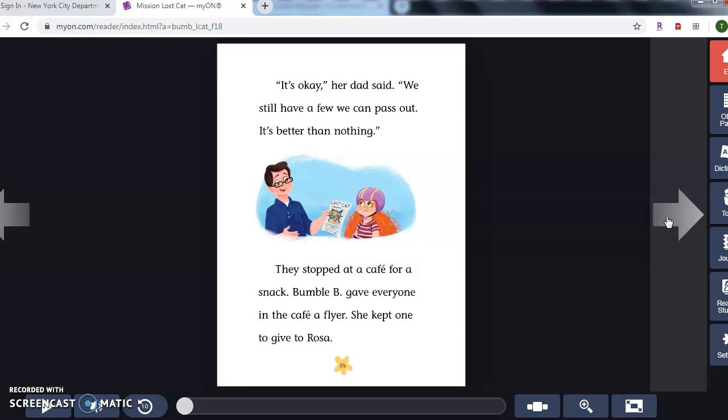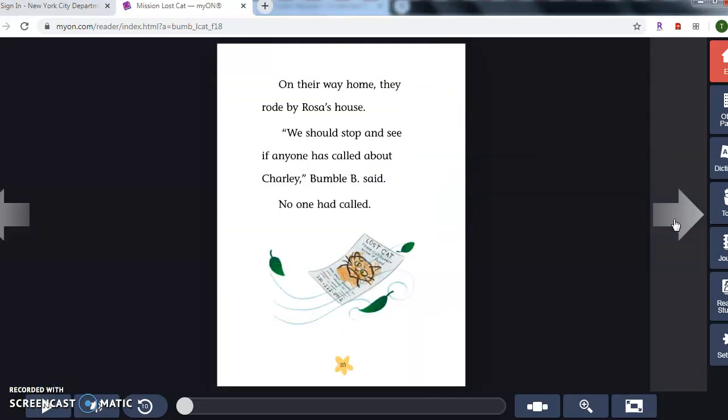Bumblebee gave everyone in the cafe a flyer. She kept one to give to Rosa. On their way home, they rode by Rosa's house. "We should stop and see if anyone has called about Charlie," Bumblebee said. No one had called. So